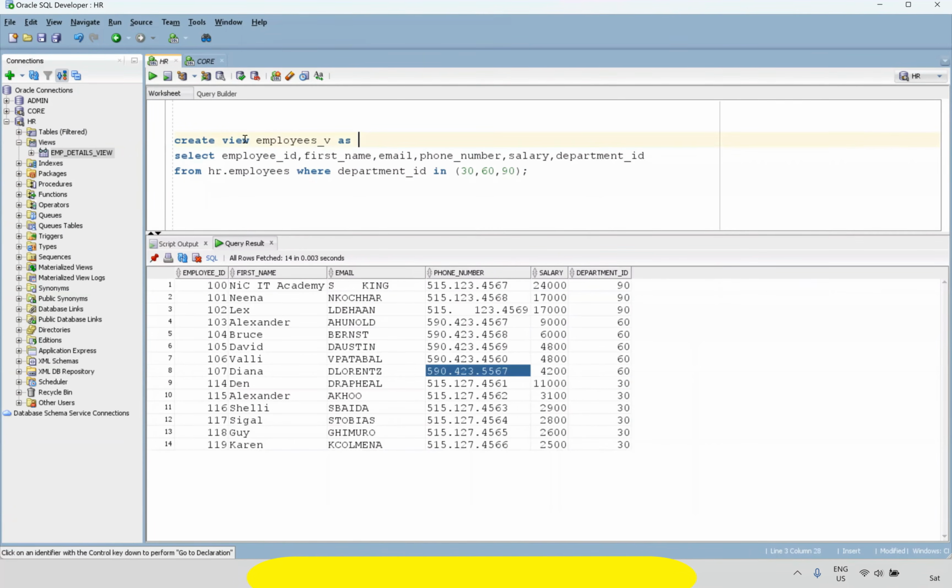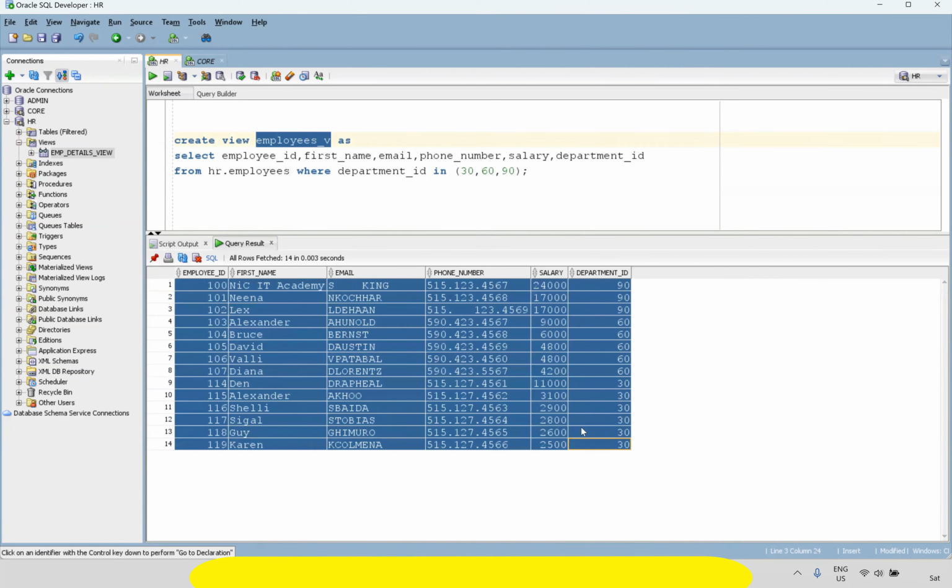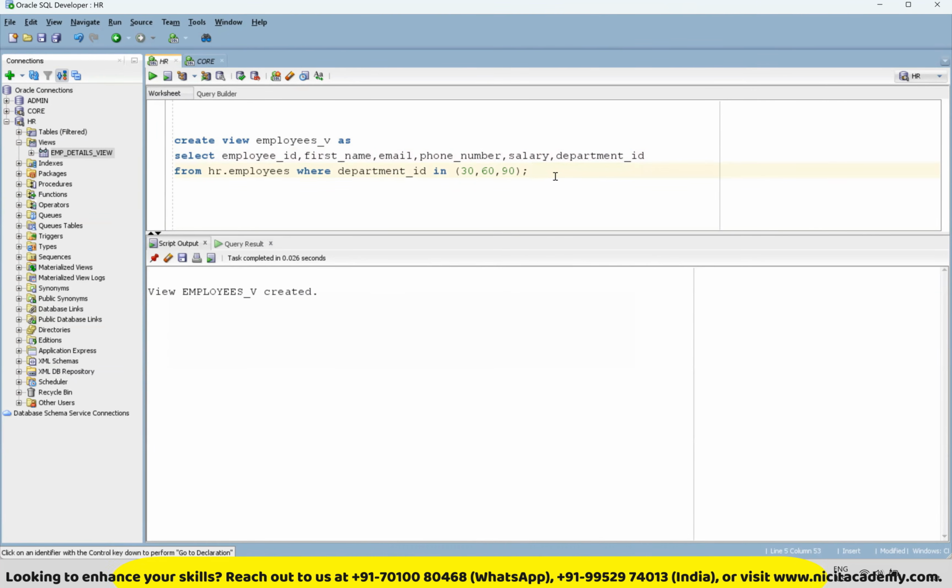Is this constant data? No. Whenever I insert or update data on the base table, the view also gets automatically refreshed. That's the meaning here. I'll explain that. So this is the view. The view has been created, right? I'm going to do this select star from this one. If I run this,